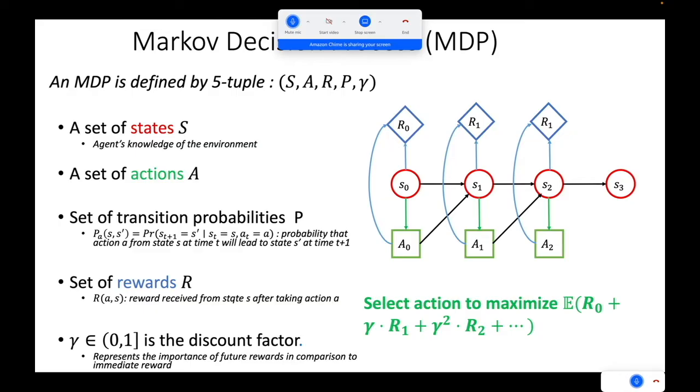For example, if your gamma is very small, very close to zero, then you are essentially ignoring any long-term reward. You are very much focused on the reward you want to collect in the short term. As your gamma increases, the horizon over which you collect future rewards also increases. And that is made more precise when we look at the objective of the agent, which is to maximize this